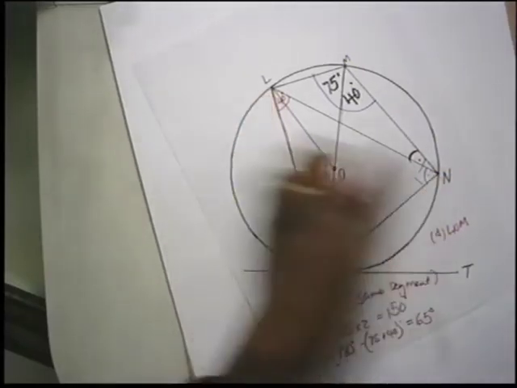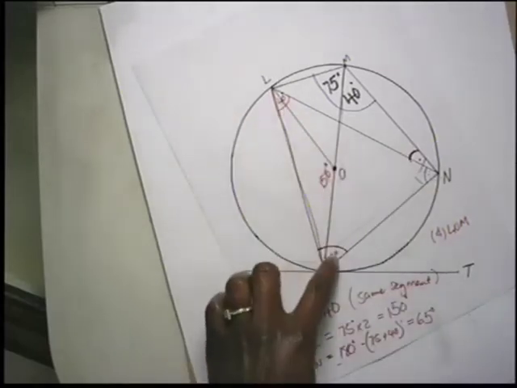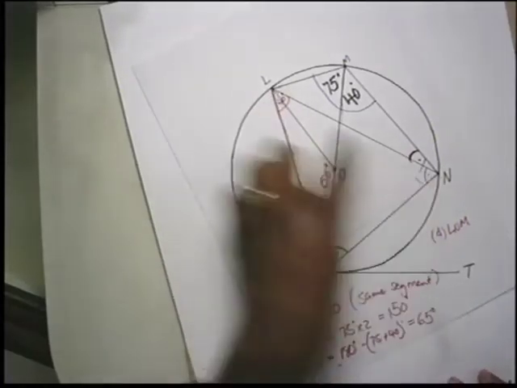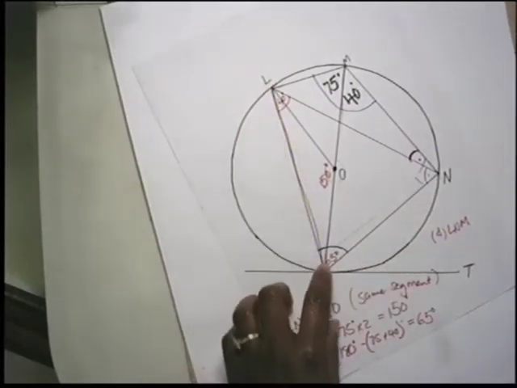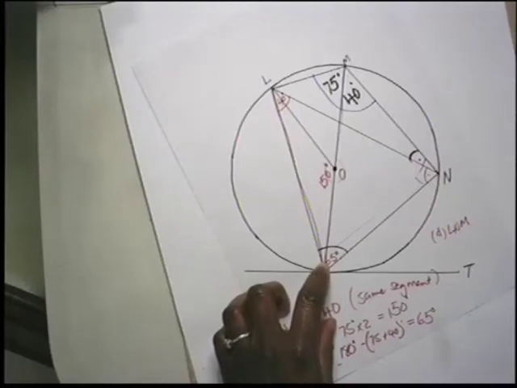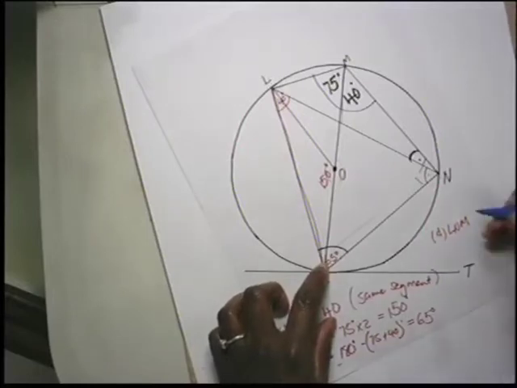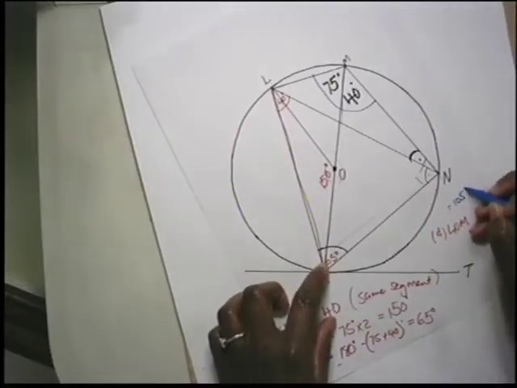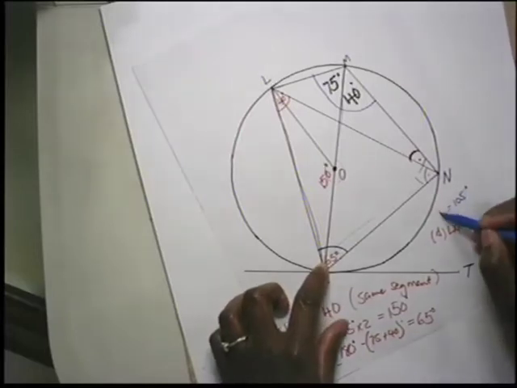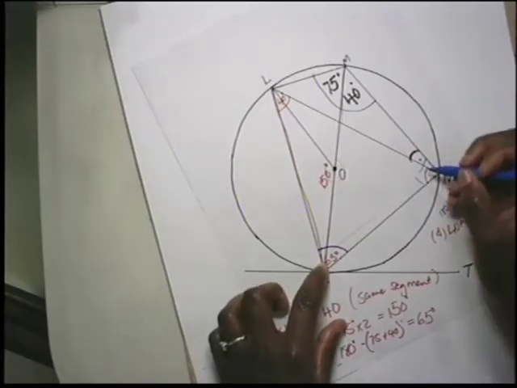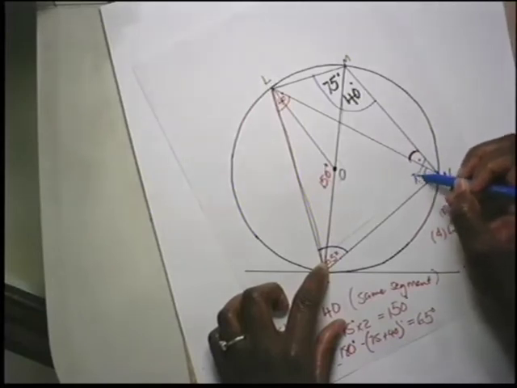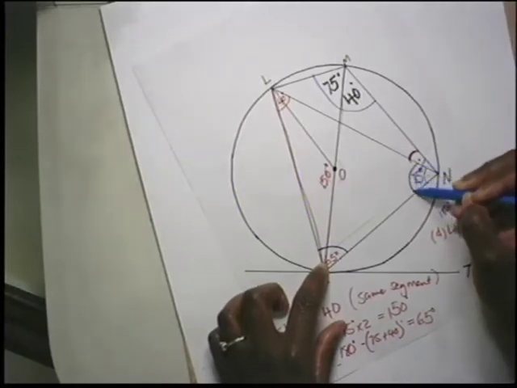Okay, these two angles, we are given these two angles, and according to the properties of angles in a triangle, if you have three angles together, they will give you 180. So then 60 plus 40 plus 65 will give us 105. Okay, 105 degrees, and then you subtract it from 180. 180 minus 105 will give us 75. So this angle here is 75, the angle inside here, just this part.